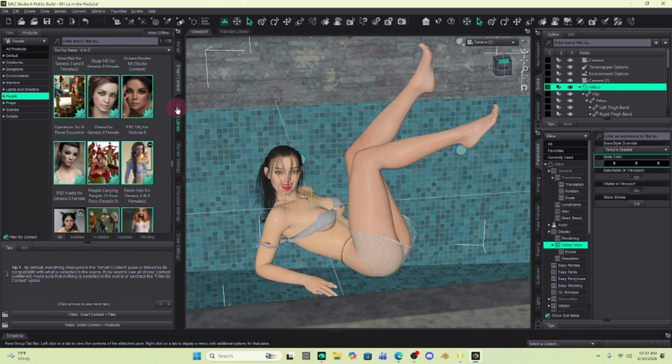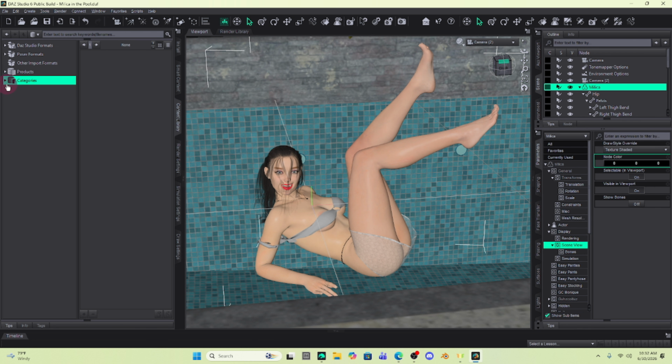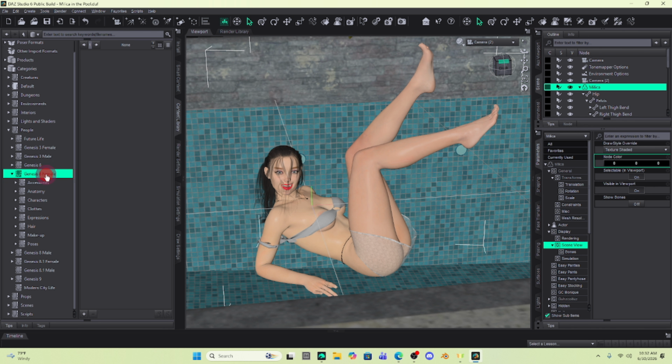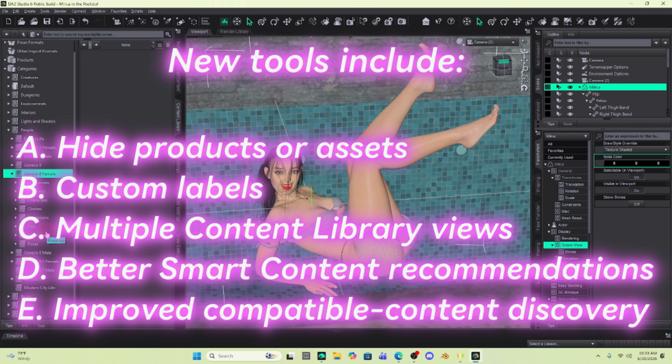I just don't use it too much. I just use the content library, and I have made my own folders. So for example, for my Genesis 8 female figures, I have my own folders that I have organized. So this doesn't really affect me a whole lot, but you're supposed to be able to hide products or assets